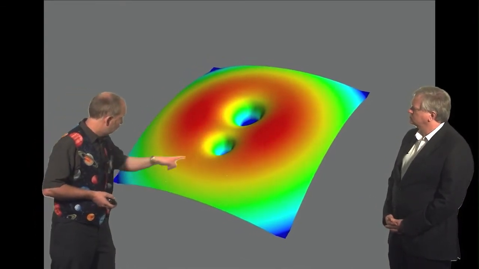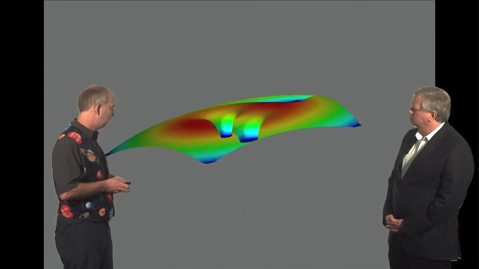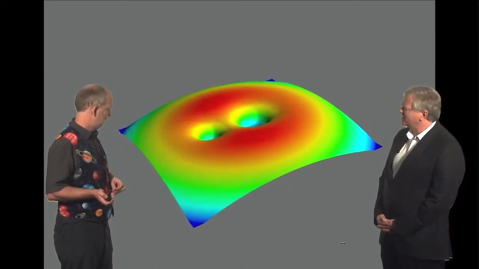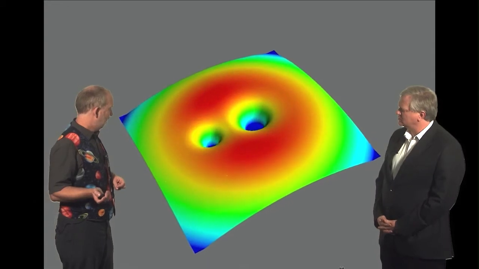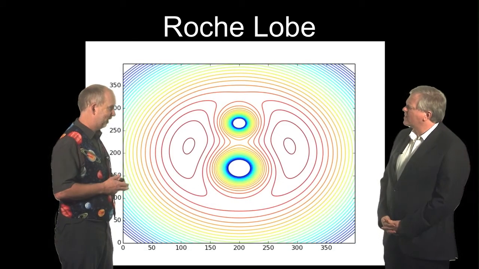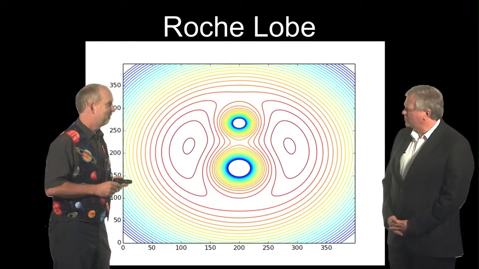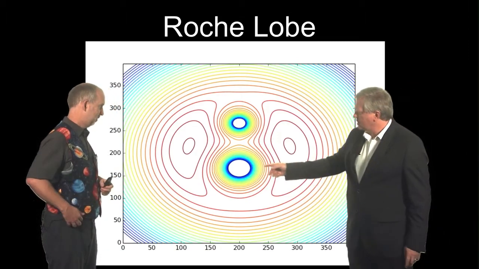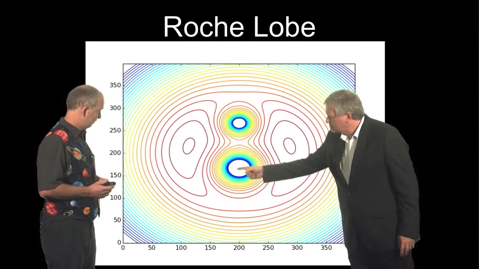And you've got the two stars here, and the whole surface. That's very pretty. I kind of like doing it as a contour better so you can see in more detail what's going on. Okay, so let's have a look at a contour plot of the same thing. That's much better. So here, this is sort of like a topographic map, and so these are essentially how deep